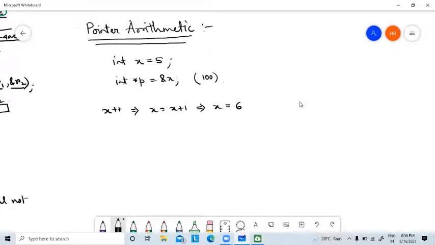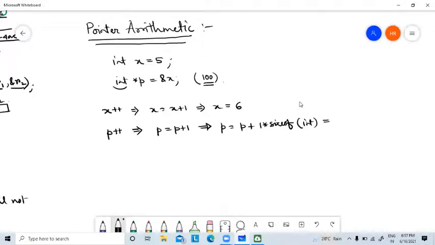Clear? But if it is a pointer variable having the address 100, then if we perform p plus 1, the equation is the same, but it will be converted to p equal to p plus 1 into size of int. Here, since p is integer, so size of int.